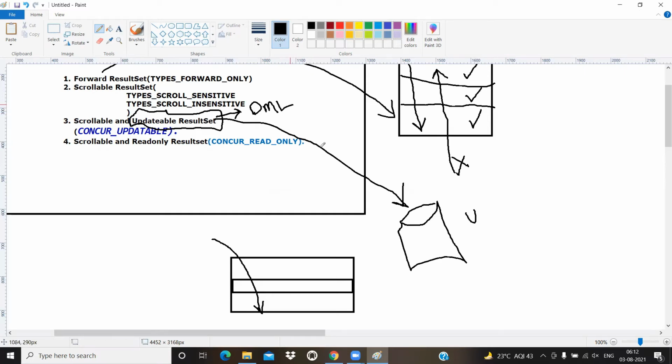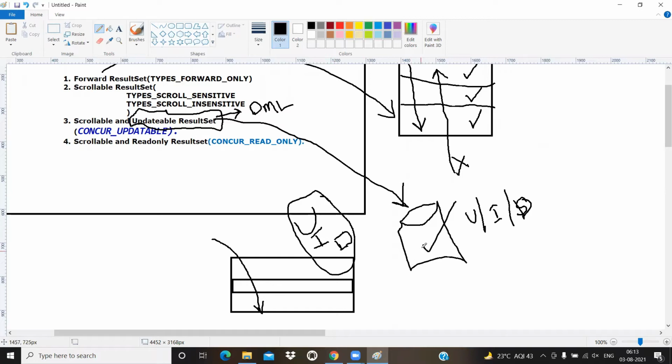So here DML is nothing but update, insert, delete. Whenever we want to update any information in a database table from our Java application, we use the update command. If we want to insert a new record, we use the insert command. We use the delete command to delete. Got it or not?